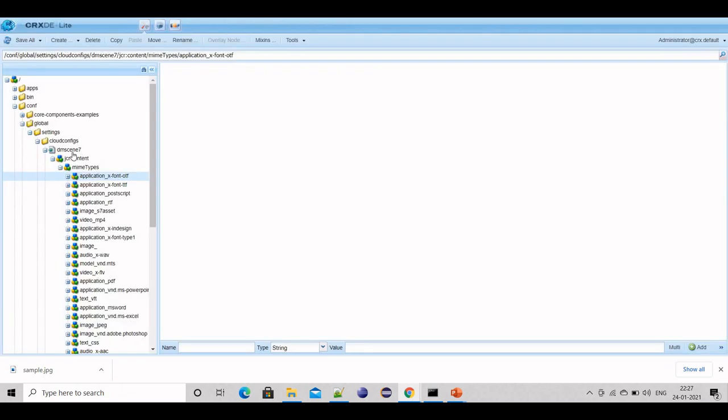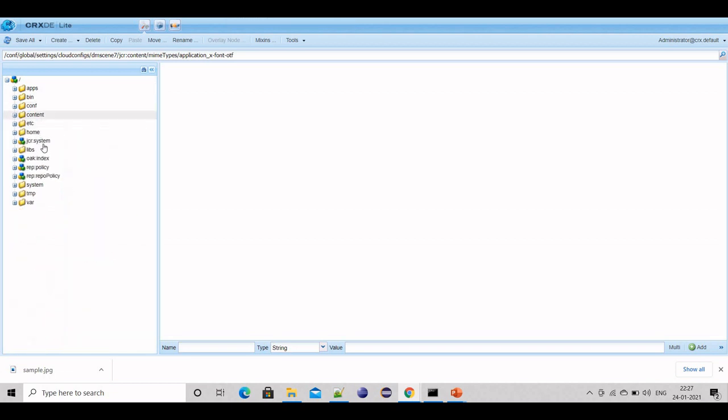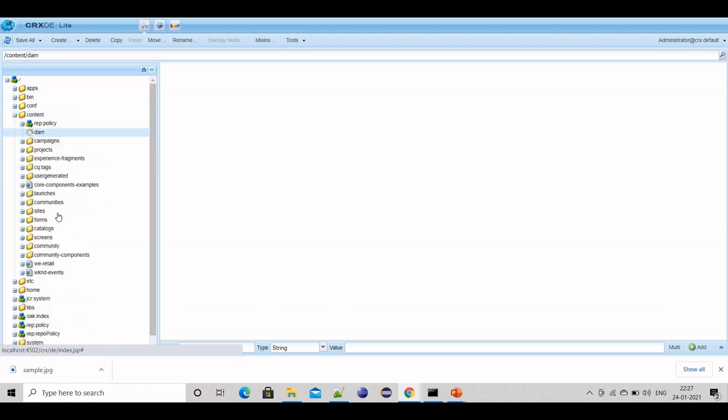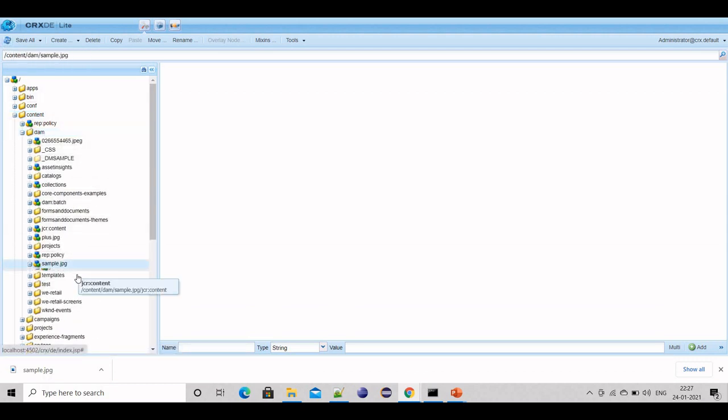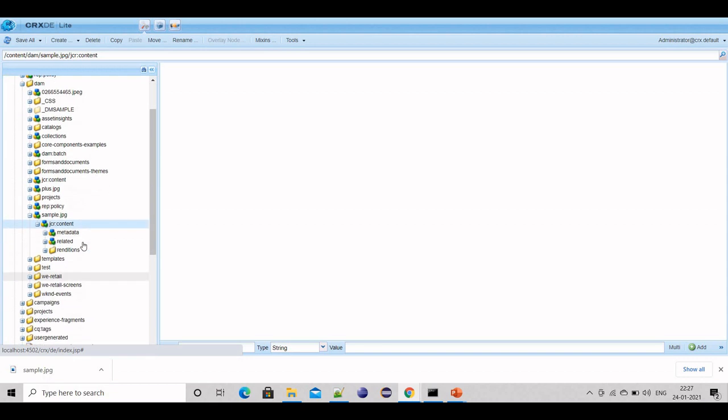So right now I'm trying to load a 140 width by 100 height image. Let me see what other type of format we have. I have just uploaded sample.jpg in DAM, and I will see other rendition types. So for 140 and 100, I will try to access 319 by 319.